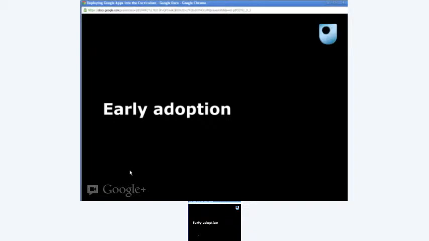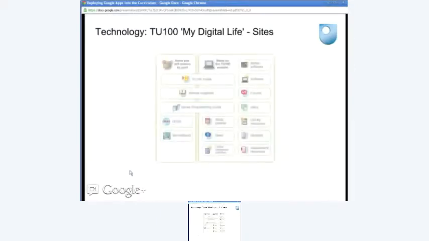In terms of moving forward towards the curriculum side of things, the early adoption of Google Apps was pretty much out of the box. One of our flagship courses, or modules as we're calling them now, TU100, which is called My Digital Life, the idea behind that was to introduce students to computing, introducing themselves to presenting themselves online, introducing cloud computing ideas, mobile computing, also trying to take advantage of some physical bits of